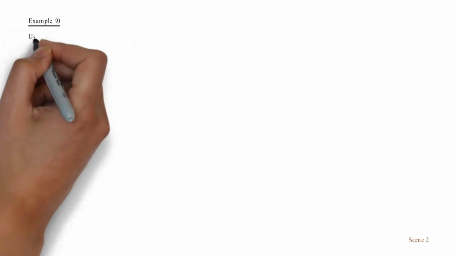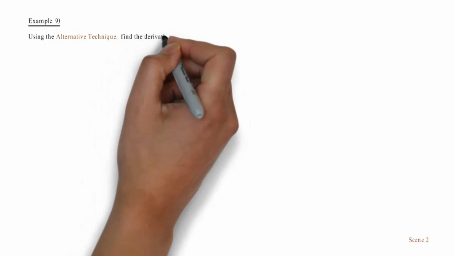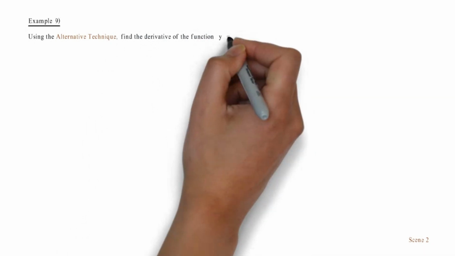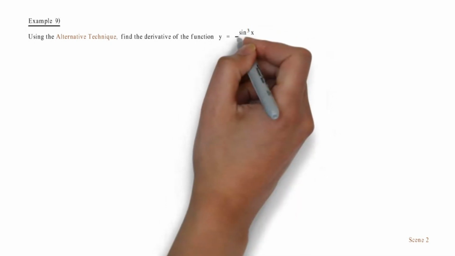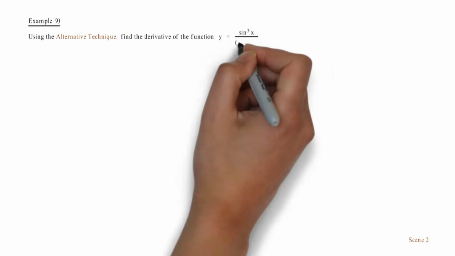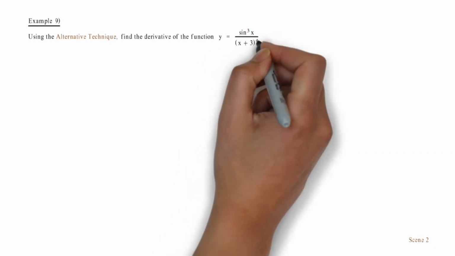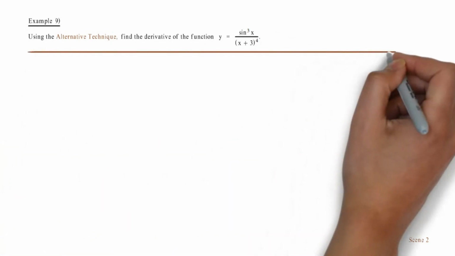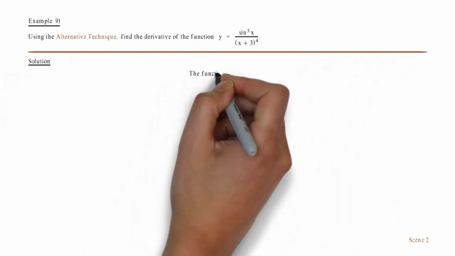Example 9. Using the alternative technique, find the derivative of the function y equals sine cubed of x divided by x plus 3 to the fourth. Solution. The function is: